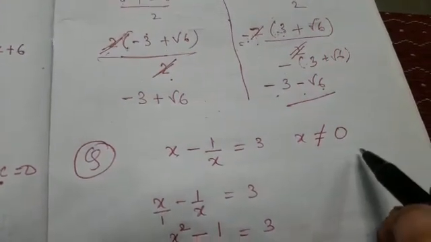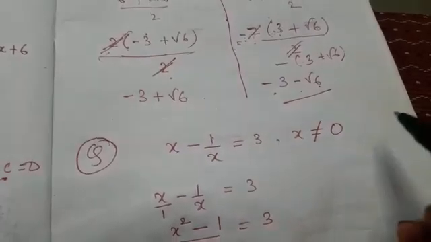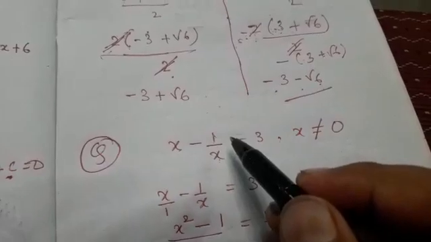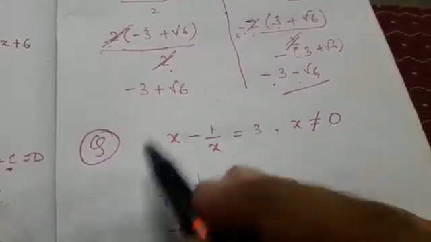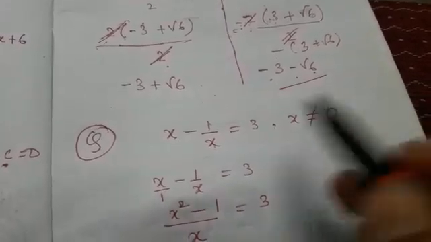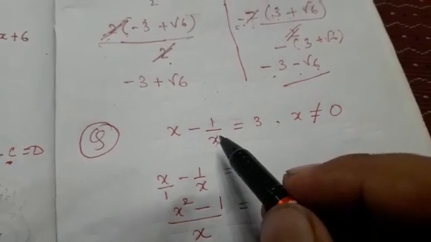Now given x not equal to 0, obviously you will not get your answer x as 0, right? Why? Because if you place 0 over here, 1 by 0 will be infinity. So this term won't be arranged in quadratic. So the root can be any value other than 0, because if you put 0 here, it will become undetermined. 1 by 0 is infinity.